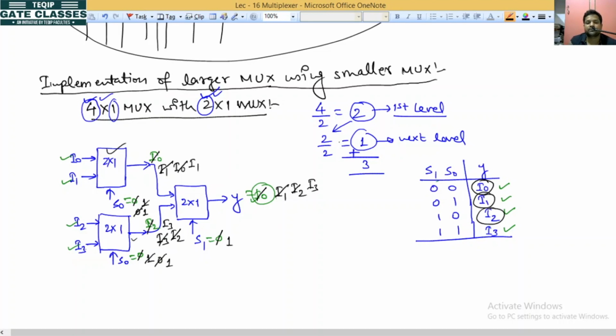So this will satisfy all the input combinations of the truth table. So this implementation we have verified. Okay na, we have verified this implementation. So if you want to implement 4x1 mux with the help of 2x1 mux, then how many 2x1 mux are required, you can get from here. Okay na,